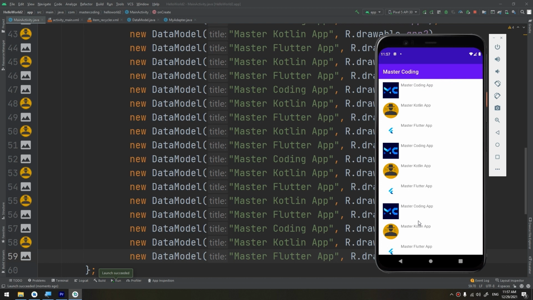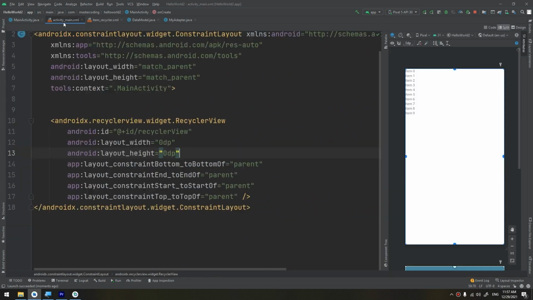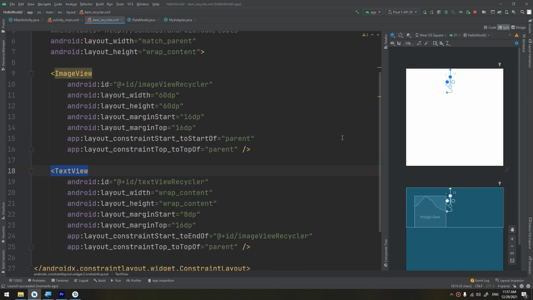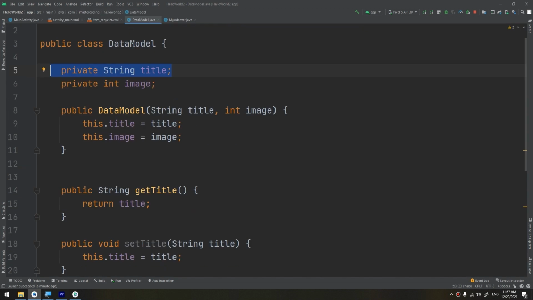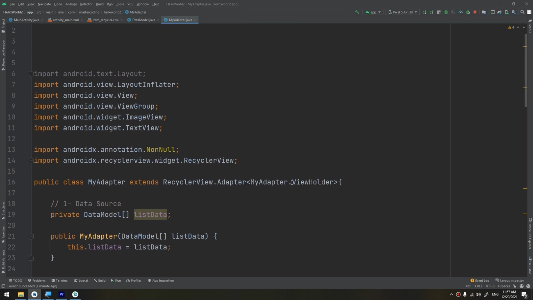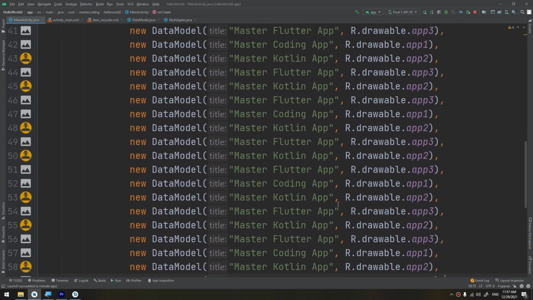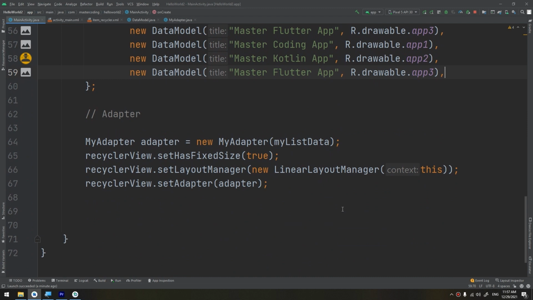So congratulations, guys, we have finally learned about the recycler view: how to create the recycler view in the layout, how to create its custom layout item, how to create the custom model class, how to create our custom adapter, and then how to link all of these together in the main